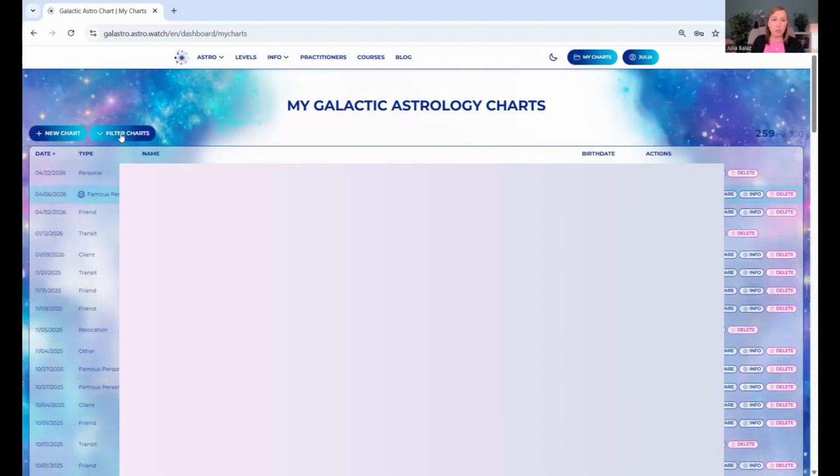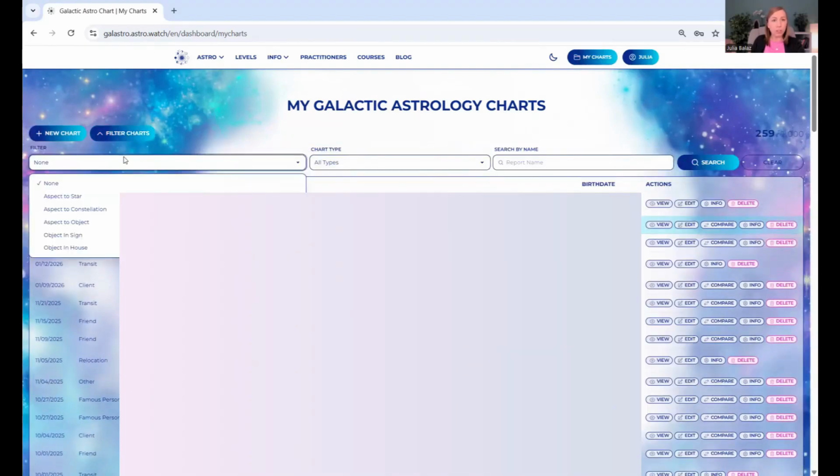And a really great feature is filtering the charts, where you can do your own research. If you're exploring a single star or any object and you have a lot of charts saved, you can look for charts that have only that particular star definitely present. So you can start tuning into those people's energetics and start noticing a pattern across the variety of data